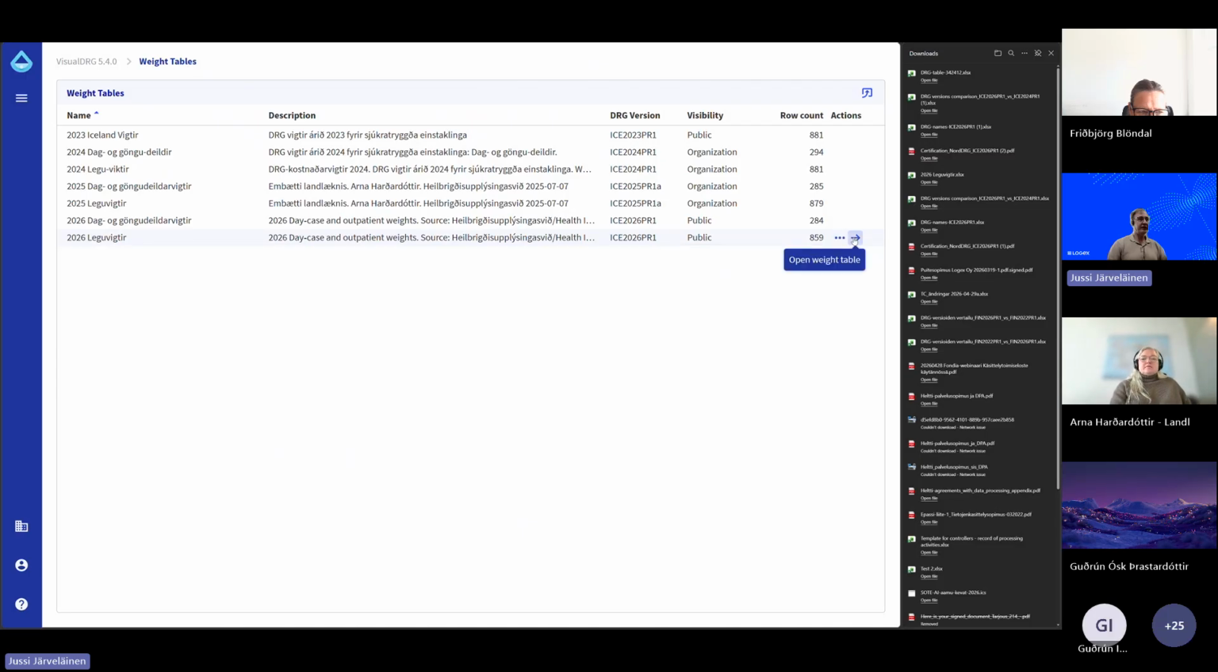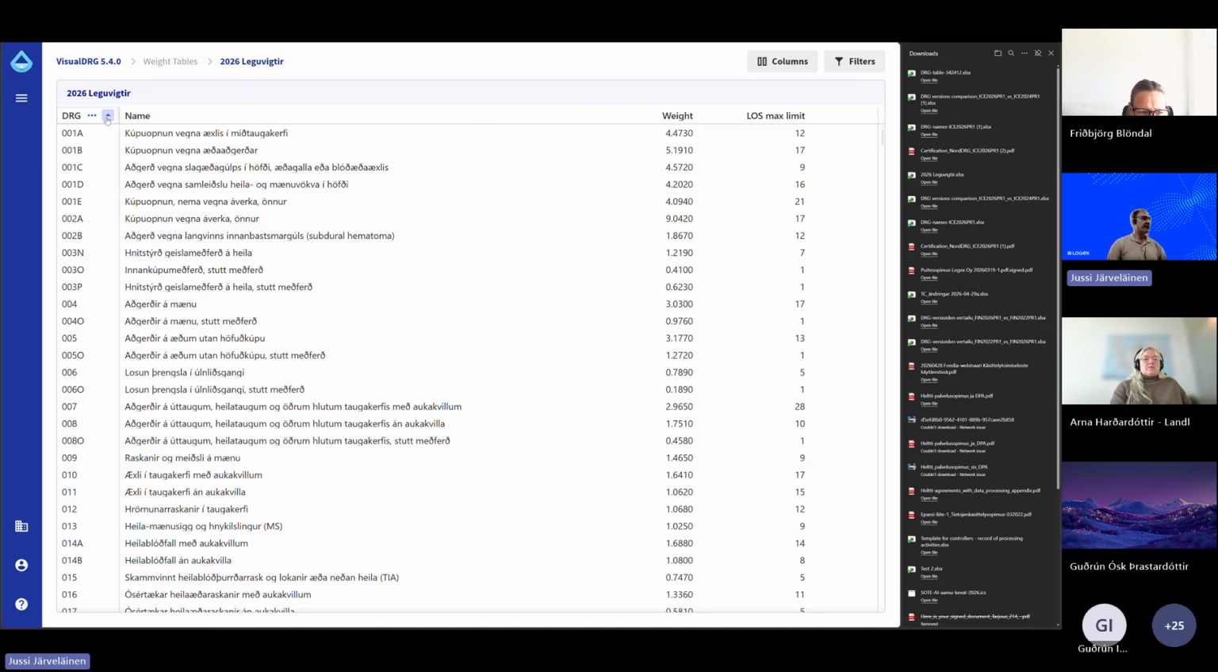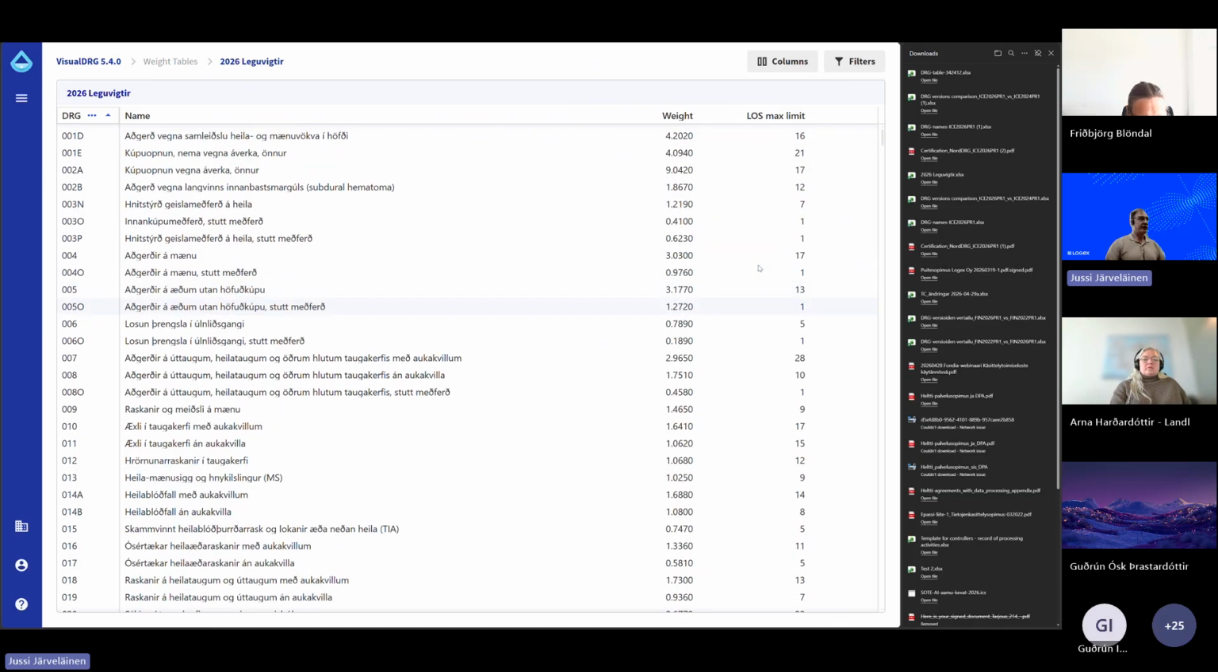This is one open weight table, and if you click here, it opens here, and you can then sort it. How would you like to see it? For example, by DRG groups. You need a group code, the group name, the actual weight and length of stay, maximum limit, and you can browse the